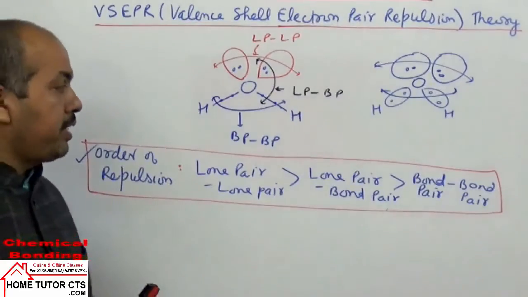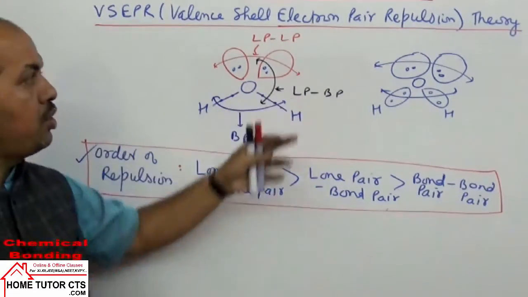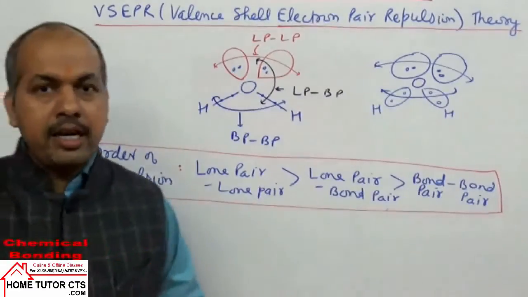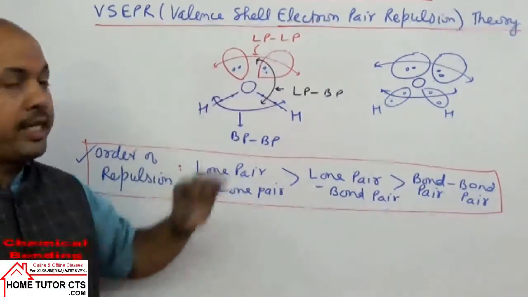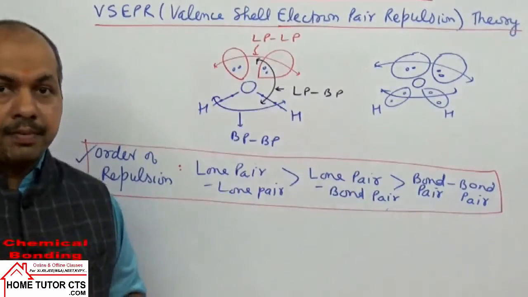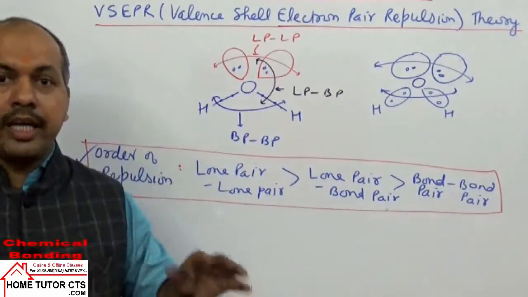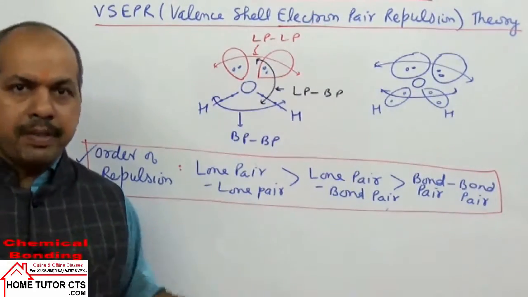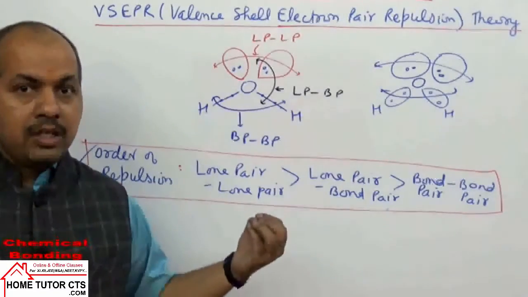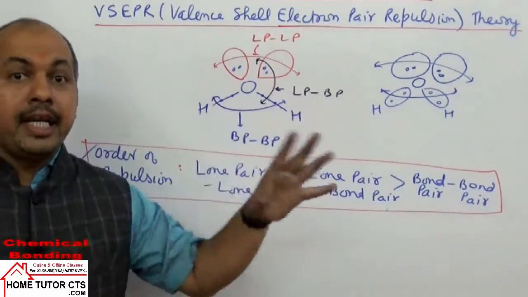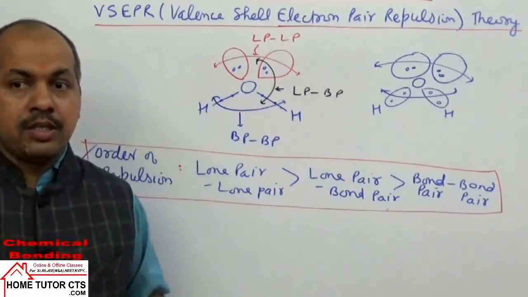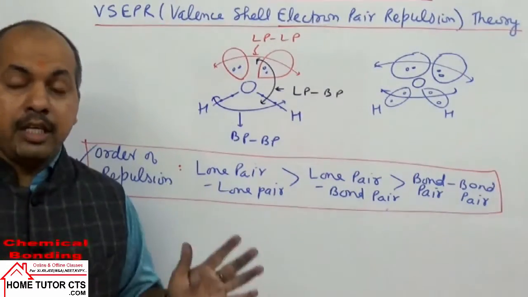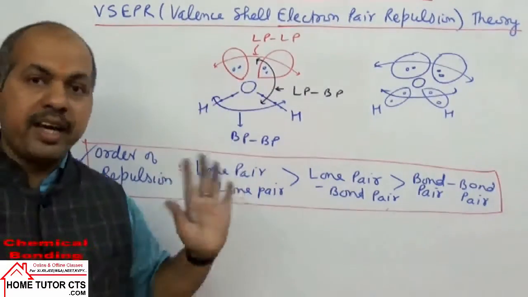Now the next point can be taken. How, using this theory, the shapes of molecules are predicted. See, around the central atom we can have electrons of both categories, lone pair and bond pair. Electrons in any case will have repulsion. When they repel, the molecule will acquire a definite geometry in which they have the lowest repulsion, or minimum among the electron pairs of any category.